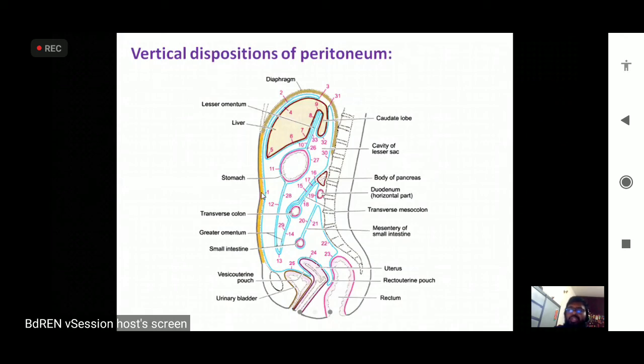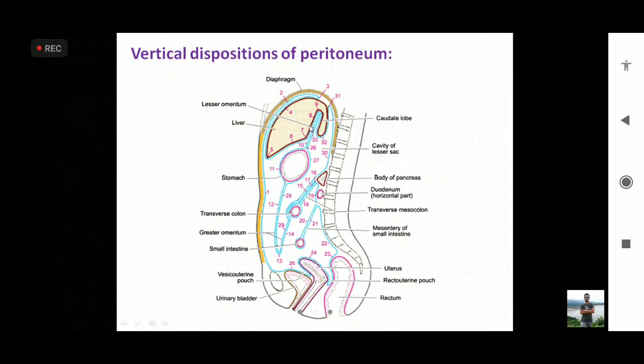Let us start from the anterior abdominal wall at the umbilicus. This is point 1, this is the visceral layer, this is peritoneum that goes upwards and goes all the way back to the posterior surface of the liver, then it turns to the superior surface and anteriorly to reach the inferior border of the liver, then it goes backwards over the visceral surface of the liver, and at the porta hepatis it goes directly into the ligamentum venosum, and then goes